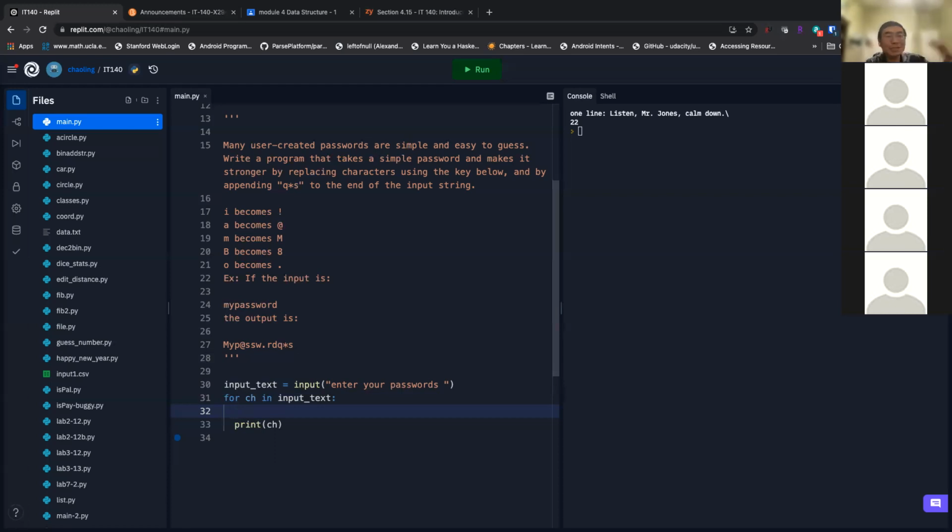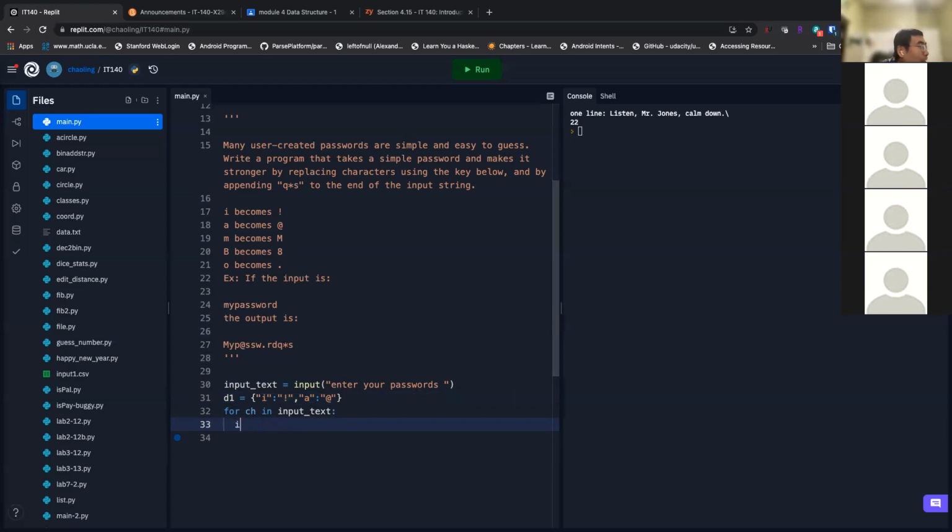But now I'm not going to skip it. I'm going to replace it, right? So how about I use a dictionary? I'm going to construct a dictionary D1, and use better names here than I did before. You see what I'm doing? I and A become at. I'm just going to do two of them. So this is my dictionary that I'm going to replace with. So now you have ideas, right?